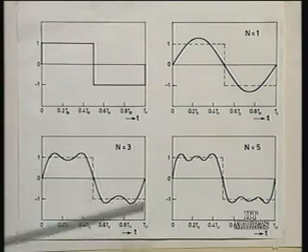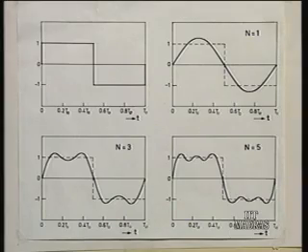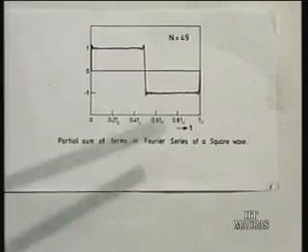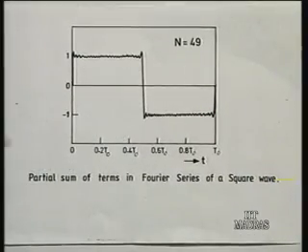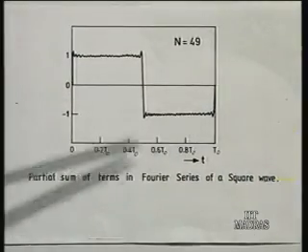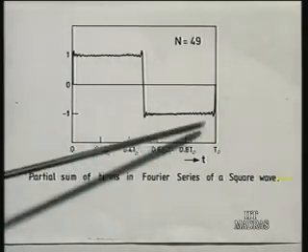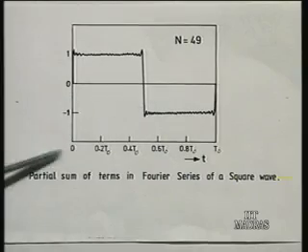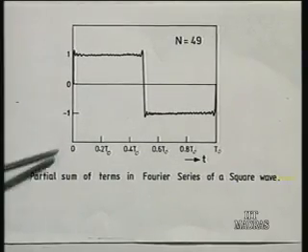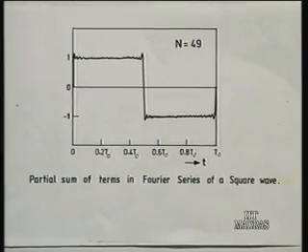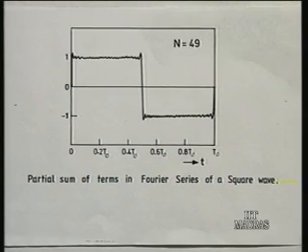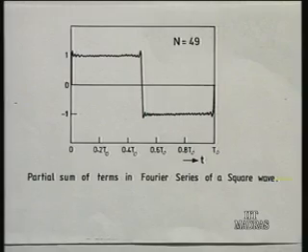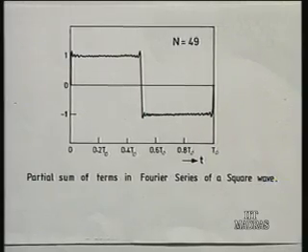Now, if you want to go further, we will go to this next chart. If you go up to the 49th harmonic, you observe that it is almost close to the square wave. So, there is a very small error between the square wave and the series truncated at n equals 49. So, you can see as you go on increasing the terms, the truncated series approaches the original f of t very, very closely. I would like to show another figure